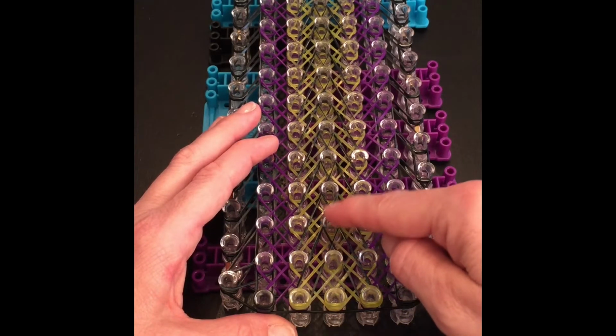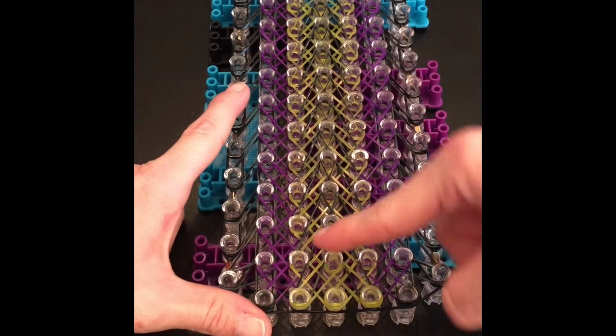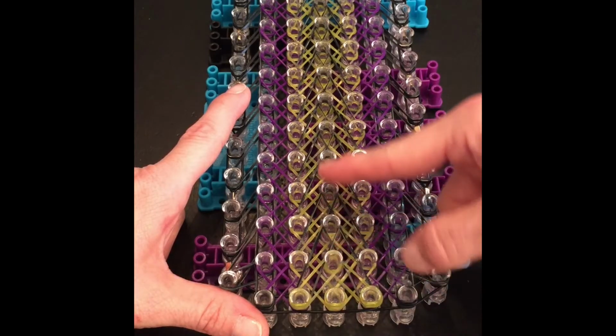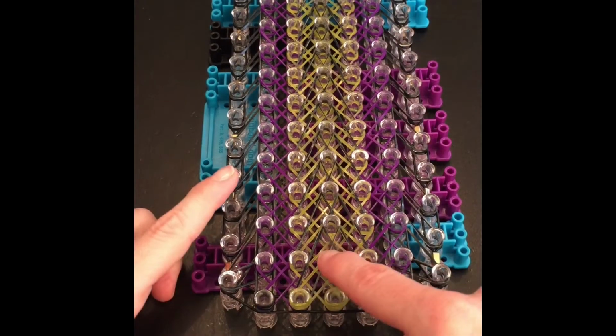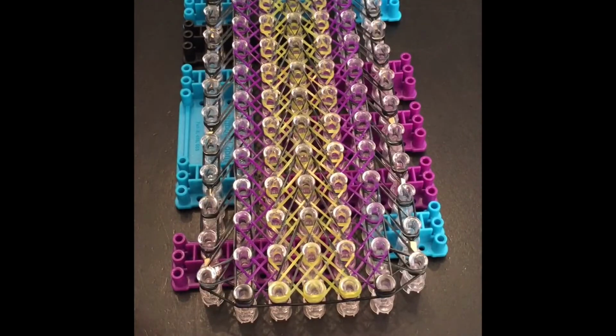Okay, everywhere that there is these black arrows going towards the centers, which is going to be, I believe it's every one except for this one. We'll need a cat band on it going all the way down, okay? So this one's the only one that doesn't have a black band going towards it. So go ahead and